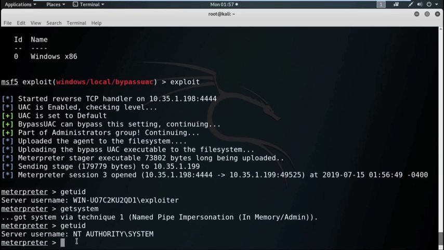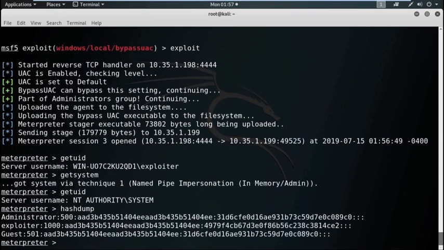Now use the command hashdump, and see, we got the hash values of the passwords of the target machine. So, this way we can also escalate the privilege on the target machine. In the next session, we will discuss the social engineering attack by using the exploits or payloads available in the Metasploit framework.